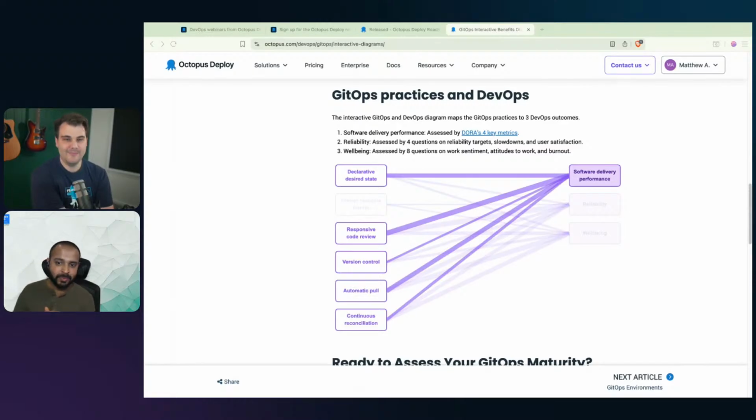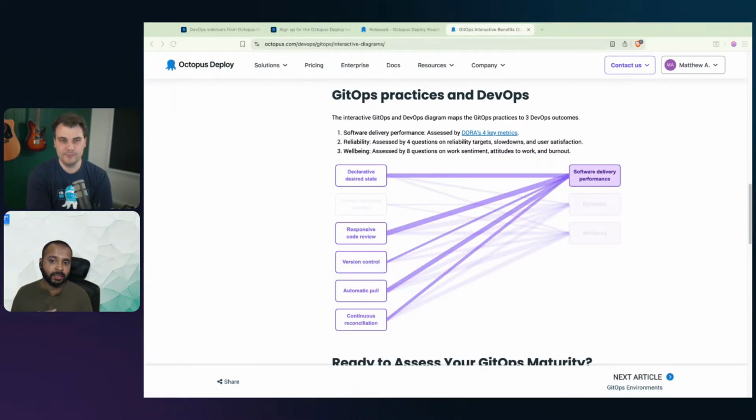Yep. I think declarative desired state is very important because people can then see what changes have been made. This is helpful not only for software, but also for infrastructure. So if you're on Terraform and you use a tool like Atlantis, or if you're on Crossplane, then you don't need to worry about the yesterways of Terraform.